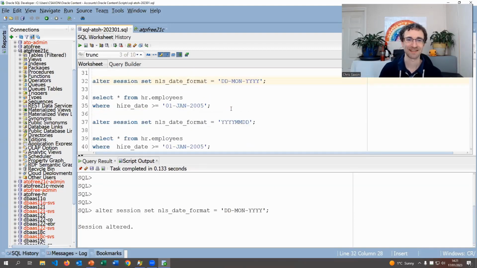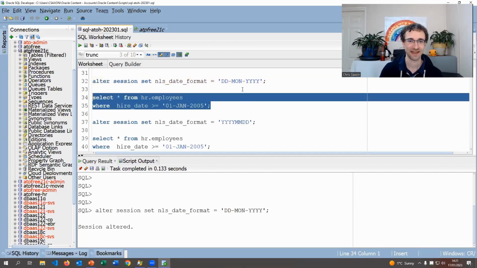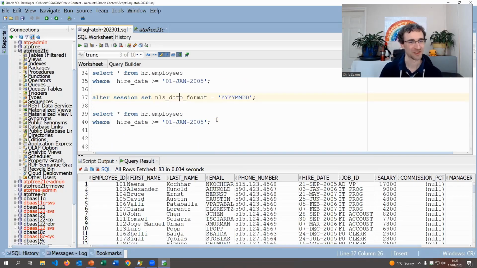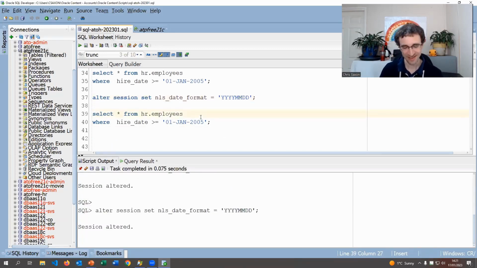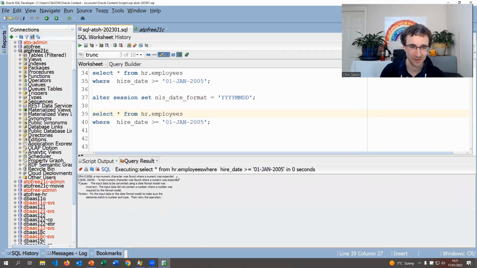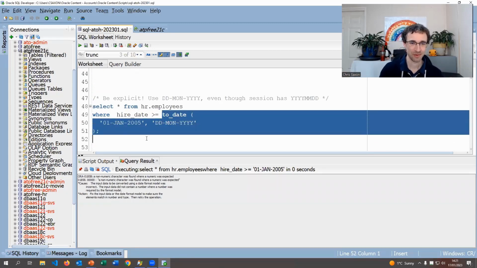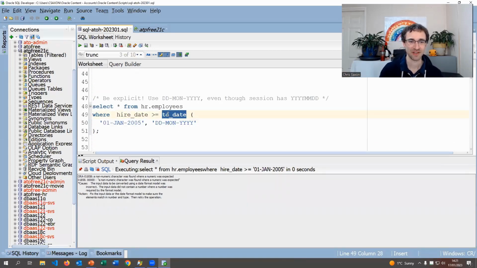So let's look at these NLS settings. We'll start off, as I say, with day, month, year format for our dates. And here, our string value matches it, so we can get all the values out of it. All good. Let's change it to year, month, day format. So the reverse, it no longer matches. So the whole thing falls over in a big error, okay? Because we've got year, month, day and we've got day, month, year, it's trying to date that effectively, and it's not going to work. Okay, so to overcome that, as I said, we want to be explicit and specify the format mask,